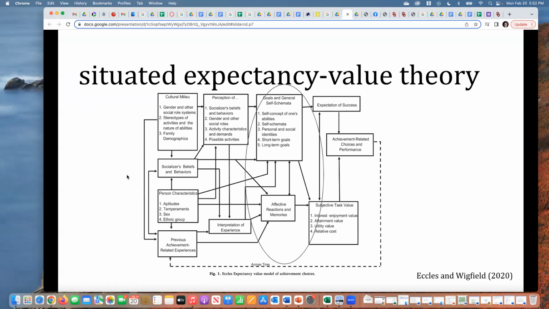And we've already seen the importance of goals and emotions within this course. For example, last week we spent the entire week focusing on achievement goal theory, which speaks to the central importance of goals in informing students' motivation. And we've also talked throughout the course about how deeply intertwined motivation and affect or emotion are. So the bottom line from this third column within the SEVT framework is that students' experiences, their perception of those experiences, and